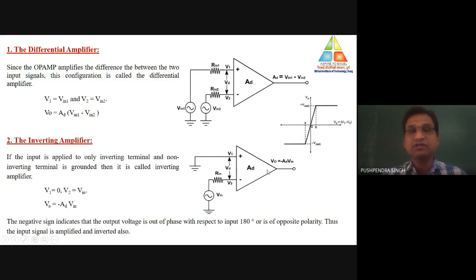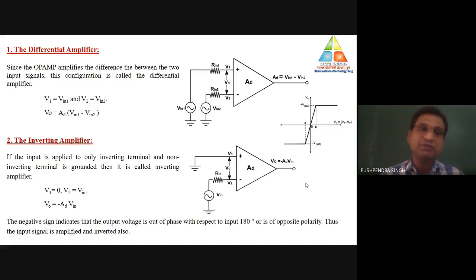Suppose we want to improve the value of gain, whenever we want to operate the circuit as an oscillator. That means the circuit should have the capability to regenerate the signal. If the circuit has the capability to regenerate the signal, then that is called an oscillator circuit. I think you already studied the oscillator in your last semester. As per the oscillator, the value of mod of A into beta should be greater than or equal to 1. On that condition, the circuit itself has the capability to regenerate the signal.